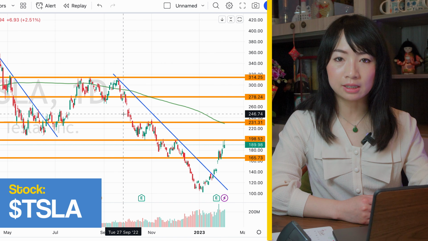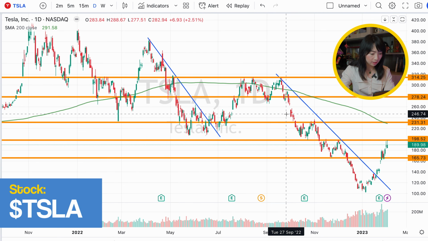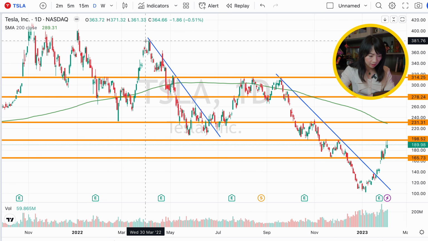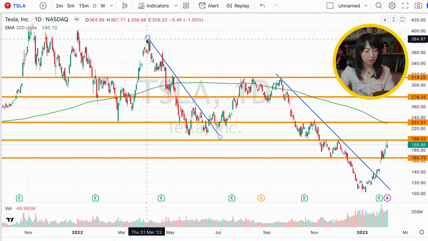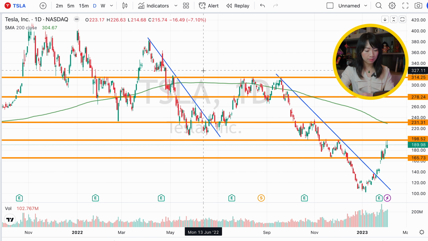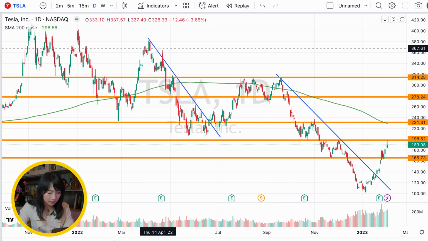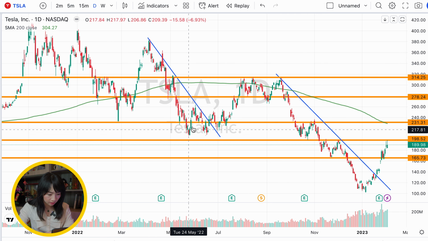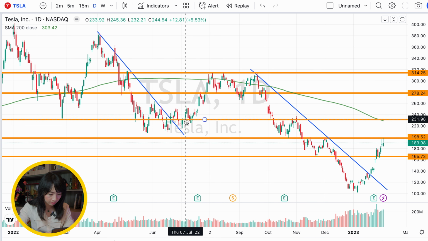Now going back to Tesla stock on the daily chart, you can see that this stock had pretty much been downtrending since 2022. It made a high for that year around 380, and since then it's been selling off. You can see the blue line on some of the more extreme downtrends I've identified. 380 down to 360, and then it went to a low of 220s, started consolidating like we showed earlier,